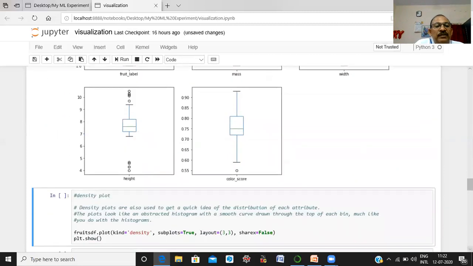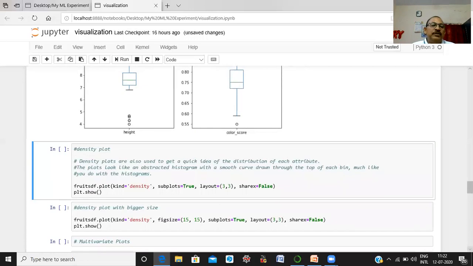Now next is the density plot. What is the role of the density plot? Density plots are also used to get a quick idea of the distribution of each attribute. The plots look like an abstracted histogram with a smooth curve drawn to the top of each bin, much like you do with the histogram.